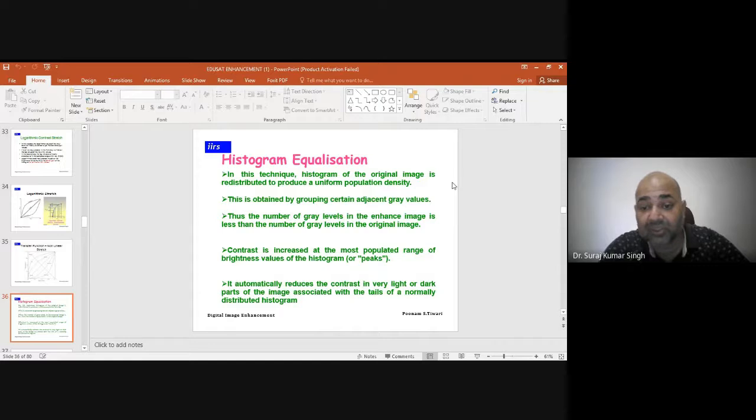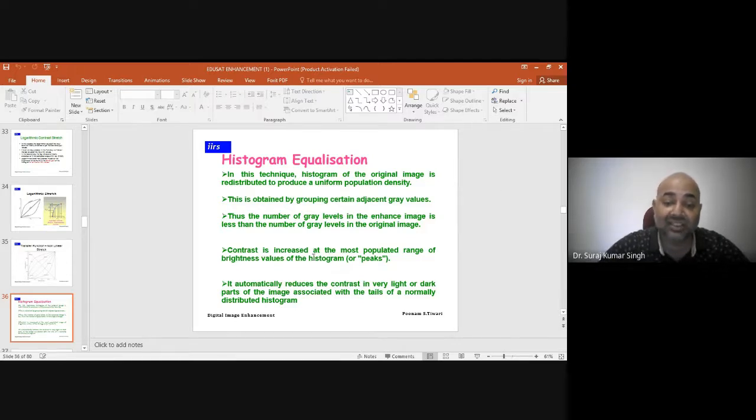Thus, the number of gray levels in the enhanced image is less than the number of gray levels in the original image. So obviously, if you're changing the class and grouping it, the number will be less than the input because you're rearranging the entire histogram.